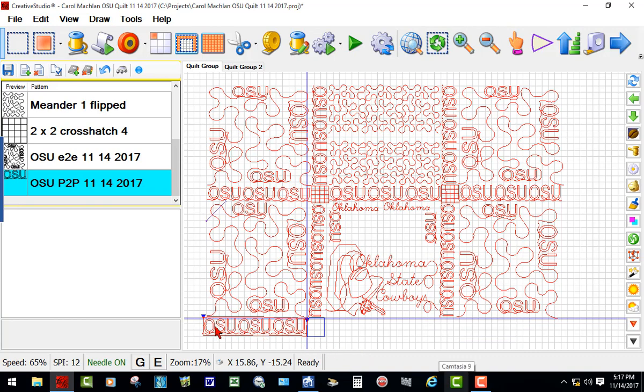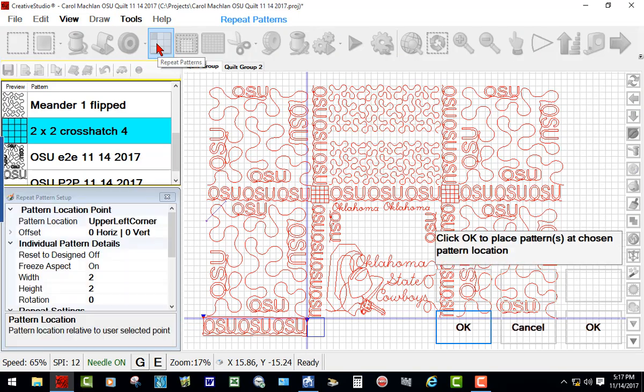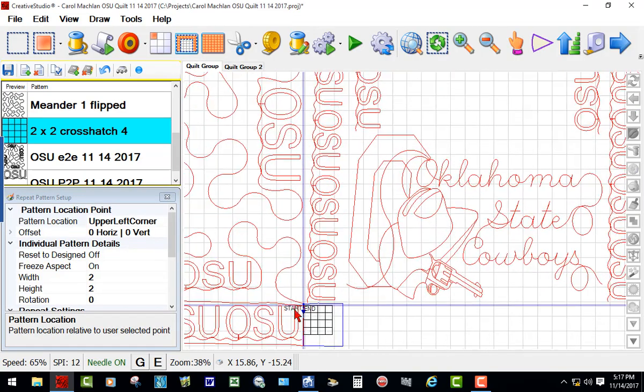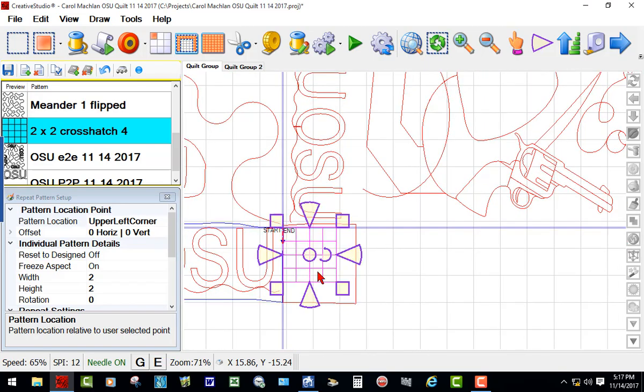Okay, I have this OSU pattern in this sash. Now I'm going to quilt this little block, and you can see I do a crosshatch in there, 2x2 crosshatch. This pattern, I'll just go to repeat patterns. It's in the upper left corner. Click OK. It places it in there. And I could do this, and I have. Go to